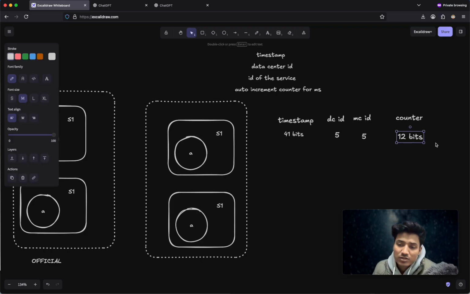They wanted the system to be scalable. It should be 12 bits, yeah, because we want 64 bits in total. So they decided on 12 bits because they wanted their system to be scalable, such that